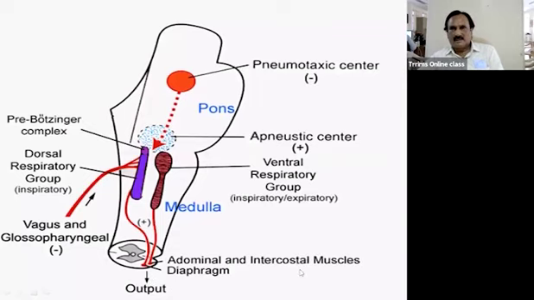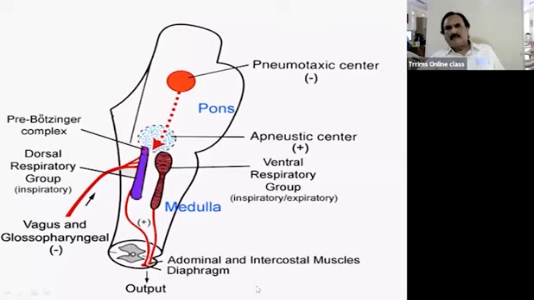So in the cross section, you find the pneumotaxic center here, and then you have the apneustic center here. And you have the dorsal respiratory group, wherein the sensory input comes from the vagus and the glossopharyngeal nerve. Because of this sensory information, relay, and development of all the activities, this results in the output, which goes to the abdominal muscles and then the internal intercostal muscles